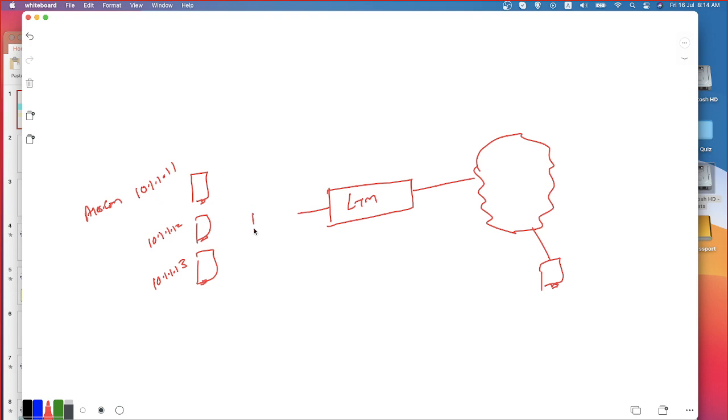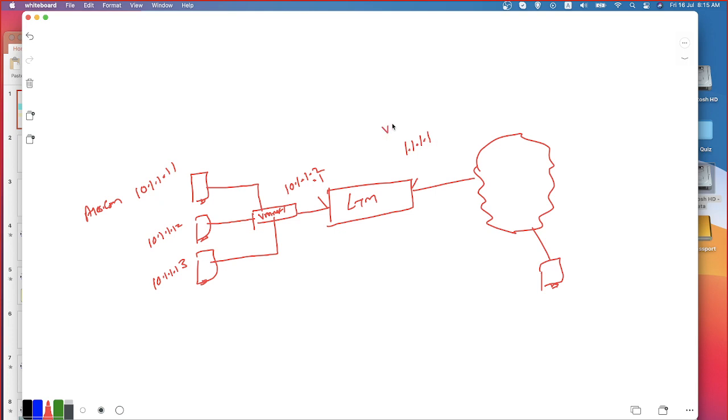The internal interface is connected to VMnet 1, which is considered as a switch. All of my internal servers are connected to that VMnet 1 switch. On the internal side, I have configured the self IP address as 10.1.1.2, and the floating IP address is 10.1.1.1. The external interface is connecting to the external world.